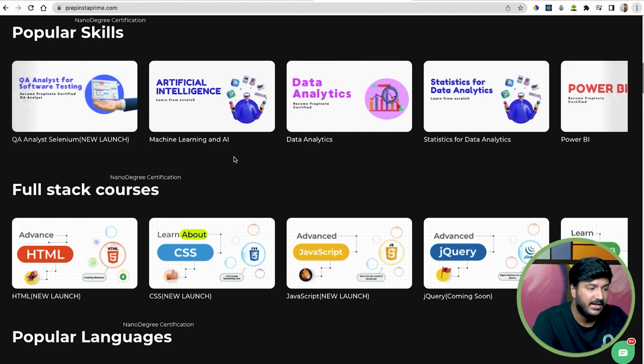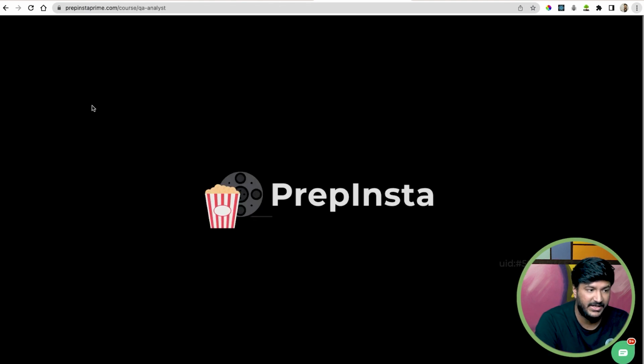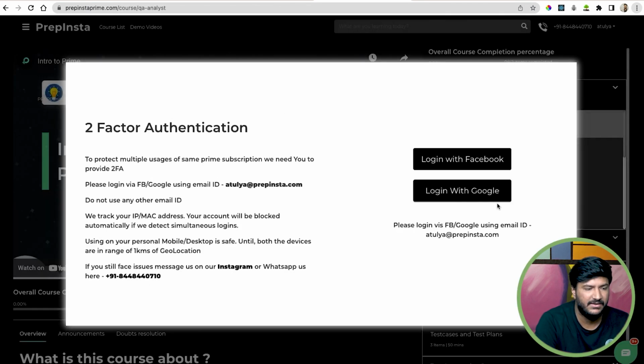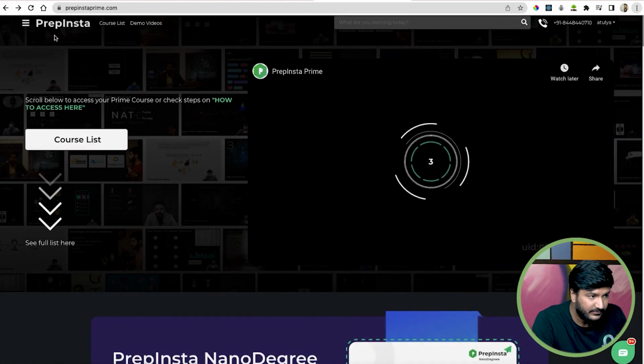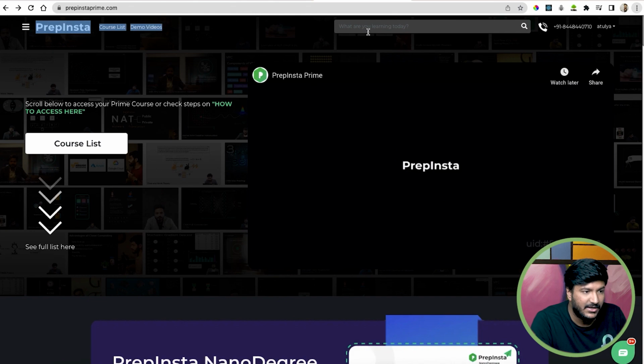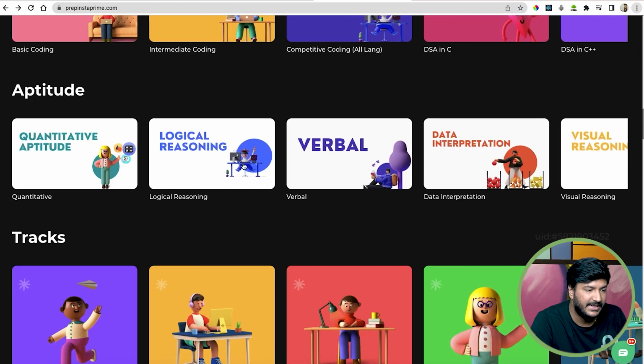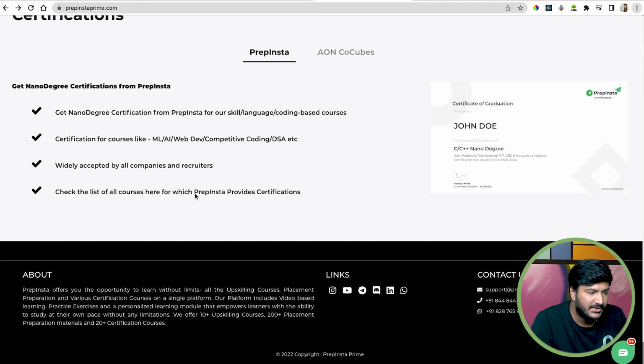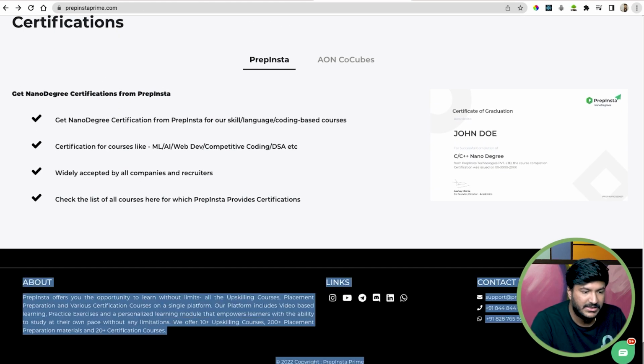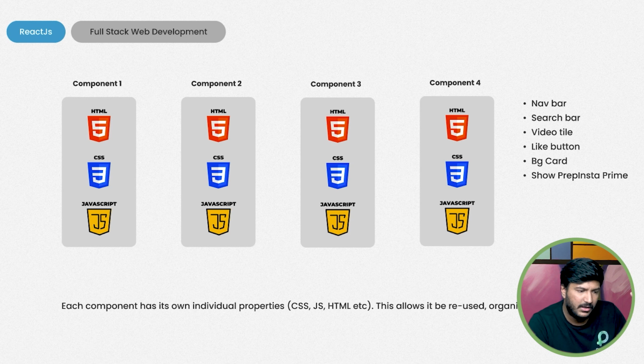So for example, let's say I visit this internal page of PrepInsta, and let's say I log in. Now here I don't need those CSS, so I'll not send it, right? Here, if you see, this top menu is always there on all the pages, so I'll not send it again. I'll keep it the same. Same thing, our footer is always the same, so I'll not send it again, because if I visit another page, this would all still be the same. We'll talk about it a little more in the DOM.